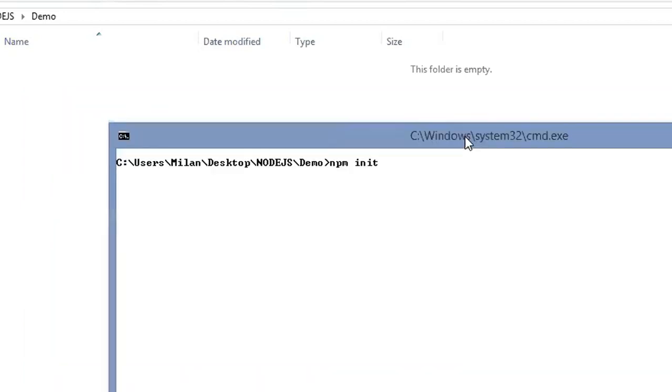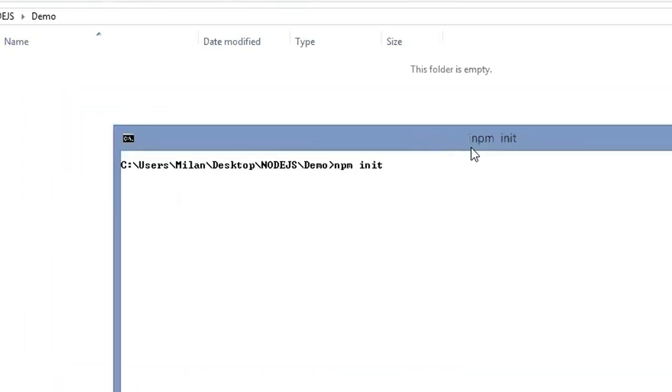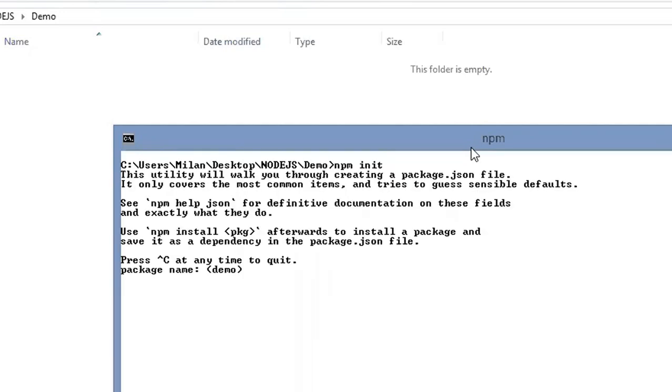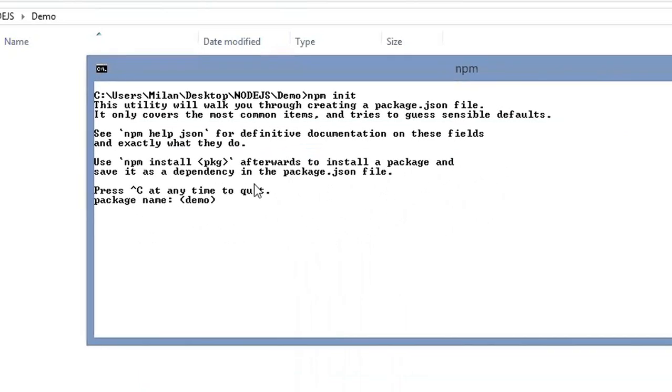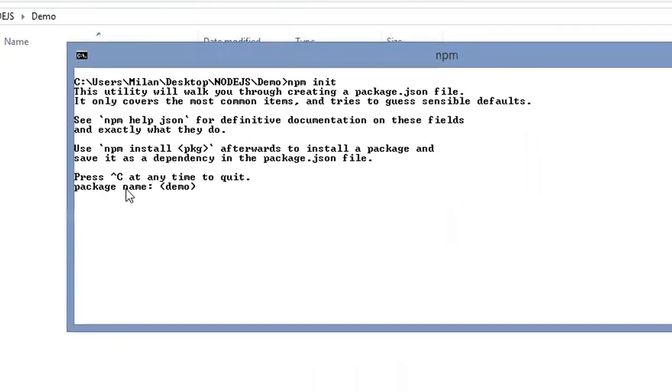So once you execute this command and press enter, it will ask a few questions, like what is the name of your project, what is the version of the project, who is the owner of that project, do you have any Git version, that type of questions, like what is the package name. So here you can give the package name. If I want to use another package name instead of demo, here you can see this is the default value. If you don't enter anything, it will take this name by default. So I'm not going to enter anything. Demo is okay for this one.